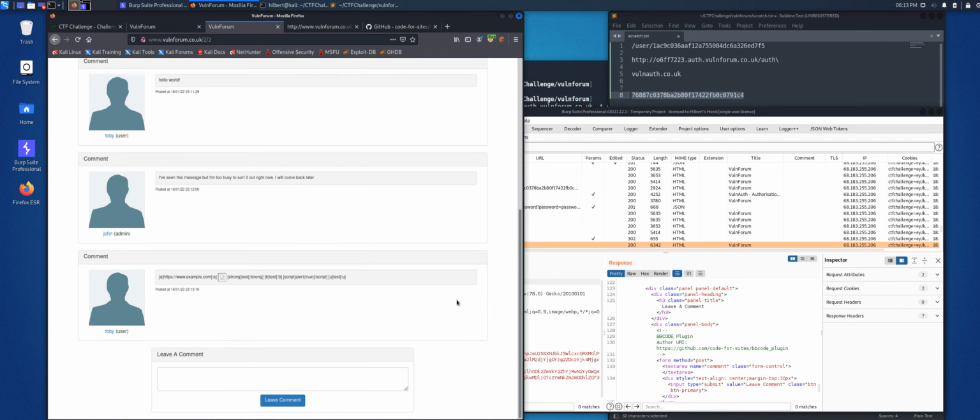And we see, well, right away we see something very interesting in that John has posted: "I've seen this message, but I'm too lazy to sort it out right now. I will come back later." So right away that makes me think, oh, there's got to be some kind of XSS attack, because it's set